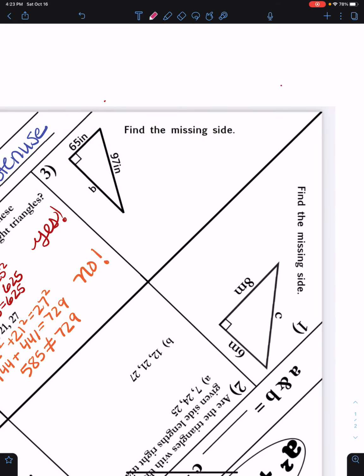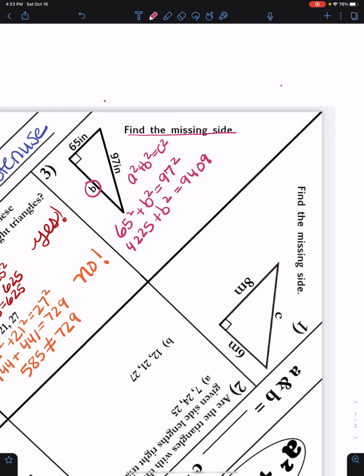The last one, find the missing side. This time we're missing a leg. So we're going to do still a squared plus b squared equals c squared. But this time we have one leg, not the other leg, and we have the hypotenuse. So 65 times 65, I'll put into my calculator, certainly don't have that memorized, 4,225. And then 97 times 97 is